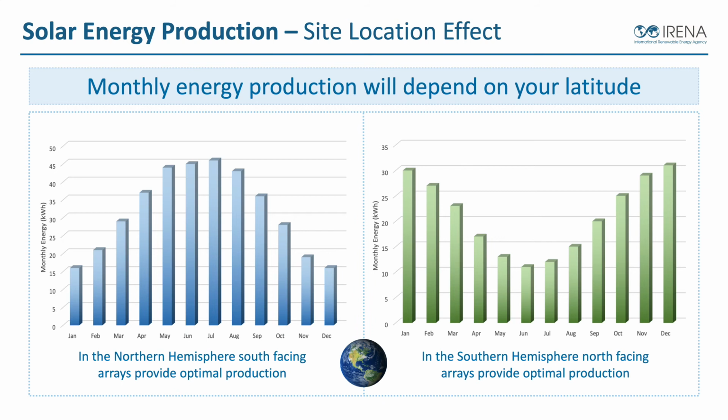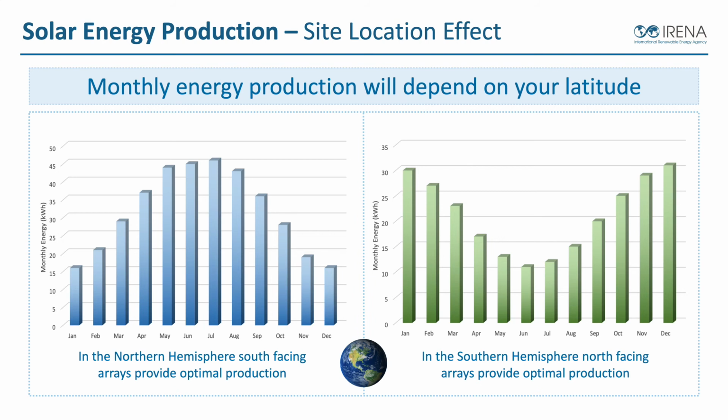depending on our latitude. So in the northern hemisphere, we basically want to point the array relatively towards the equator or towards the south in some way or another. And we can see in this graph here in a northern hemisphere location where we can have higher energy production in the summer months like May, June, July, and August, and lower energy production in the winter months like November,